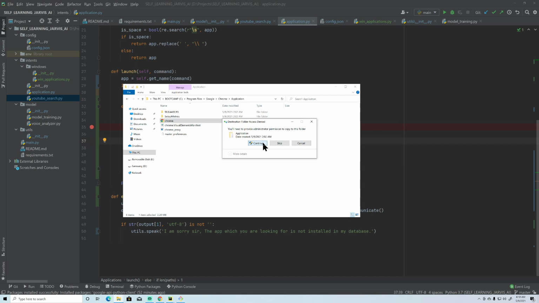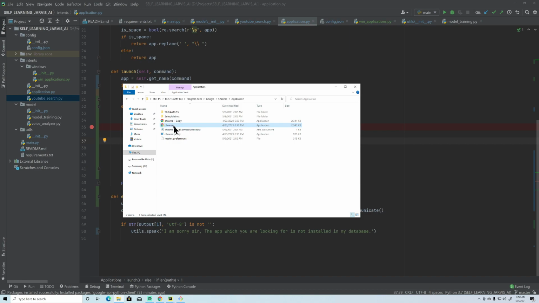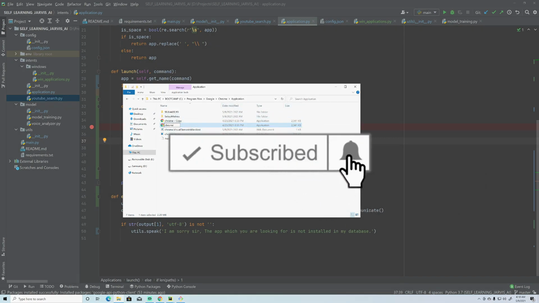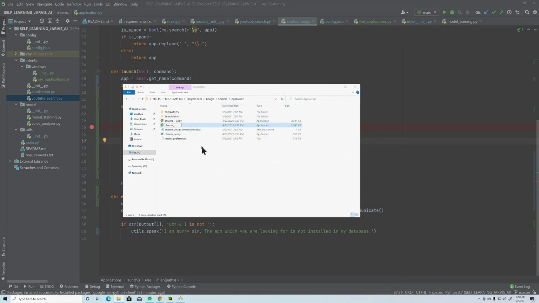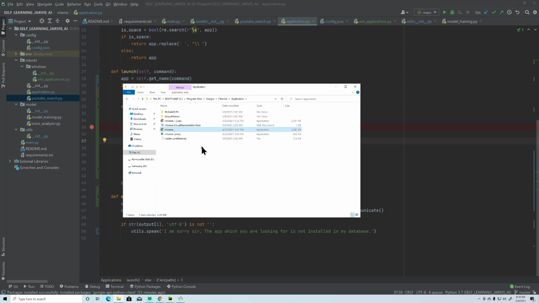Copy, continue, paste. Yes, so now we have two exes. Let's see whether we are getting more or not. For this also I need to change, I think, continue, yes, right. So yes, now we are going to have two paths, right?